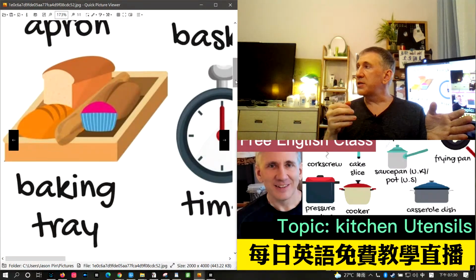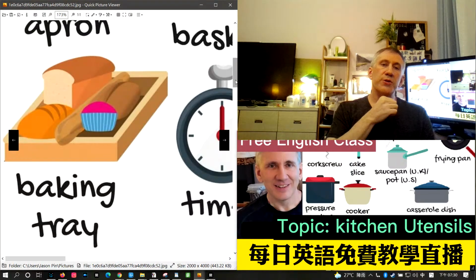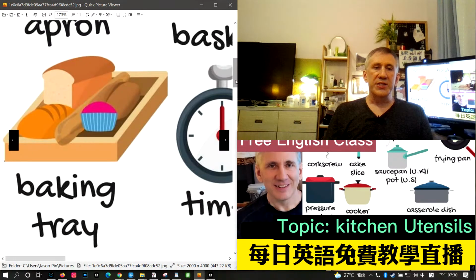Baking sheet. And in this picture, they show a baking tray as a shallow box for holding goods that are already baked. Besides, when you bake something, you have to use baking powder or yeast for it to rise, unless you're using